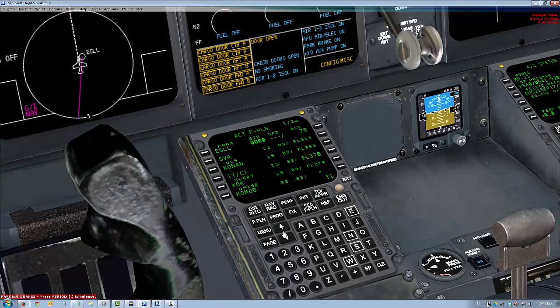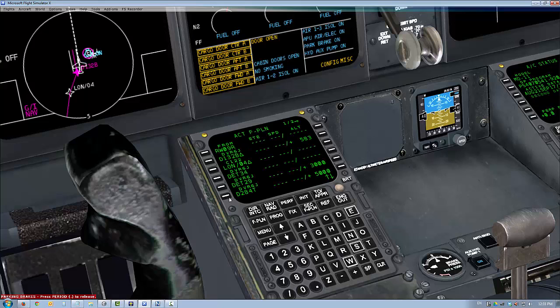Flight plan. Let's set the SID. So EGLL SID, and we're doing 9 right. And we're going to be Dover 6 Juliet. Okay, insert into flight plan. Okay. Now let's get the